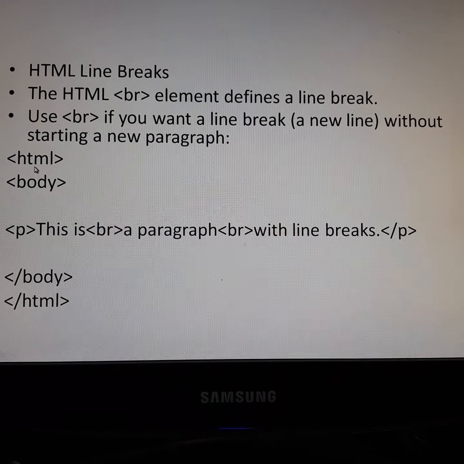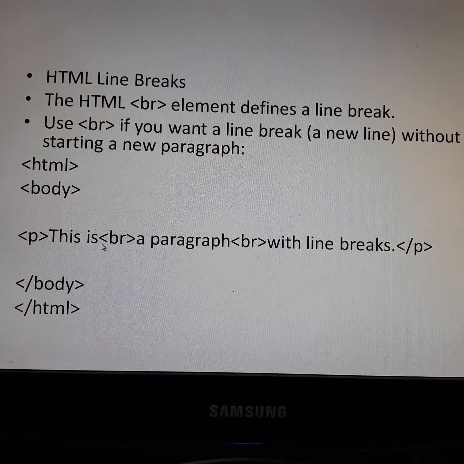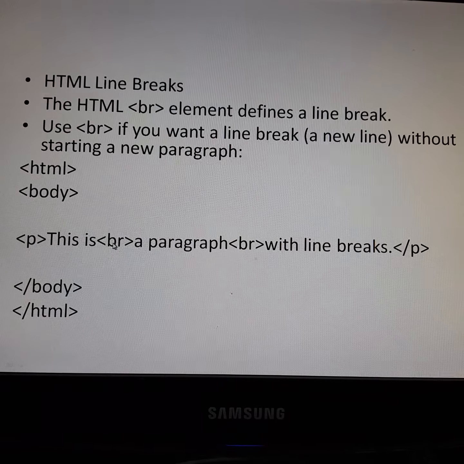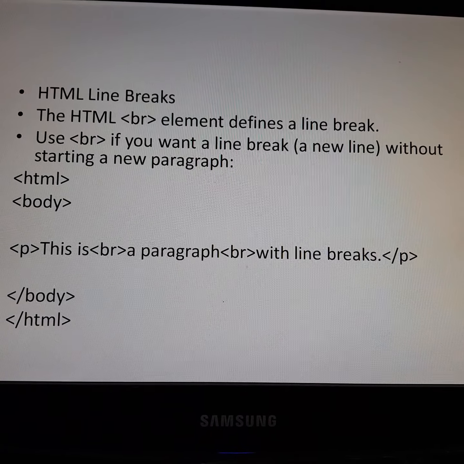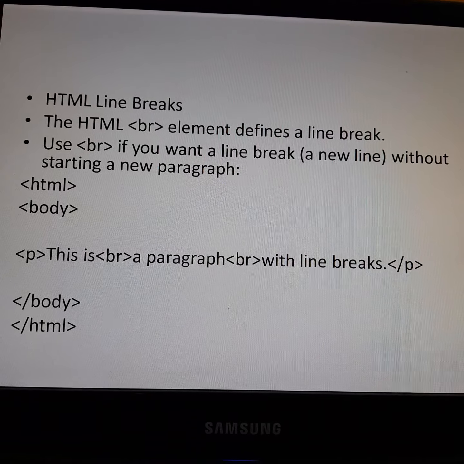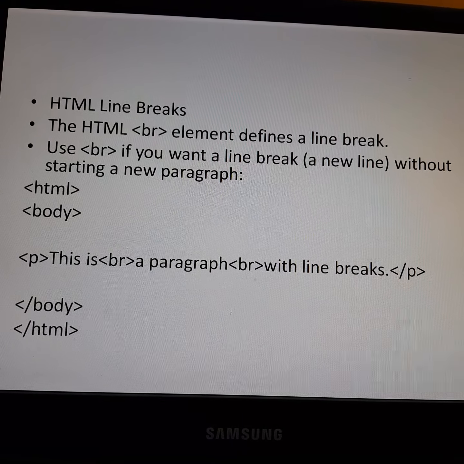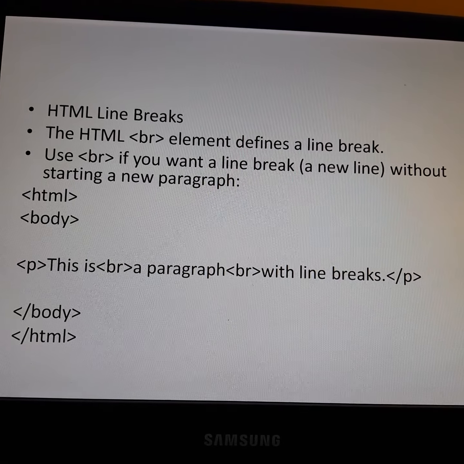So this is the example: HTML, body, paragraph tag, this is, then we have used BR. And for this BR break tag, there is no need of a closing tag, as we told that there are a few tags which don't need an opening and a closing tag.